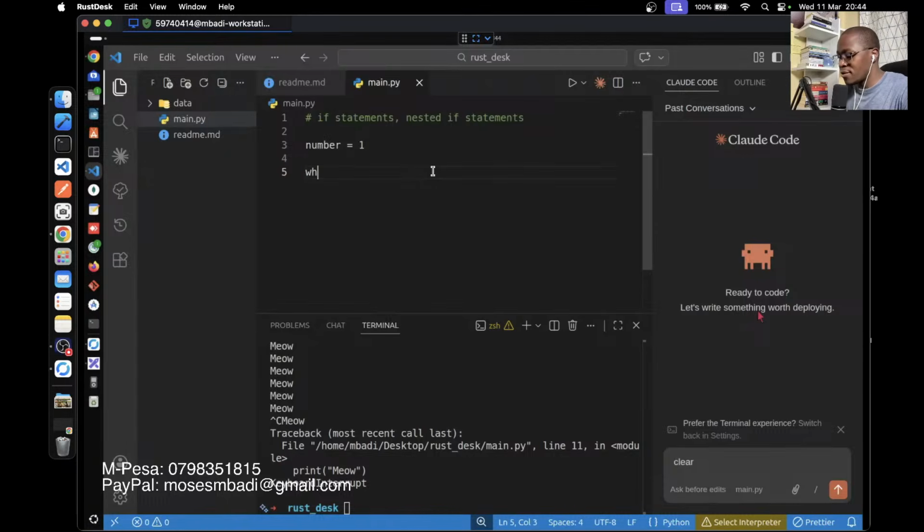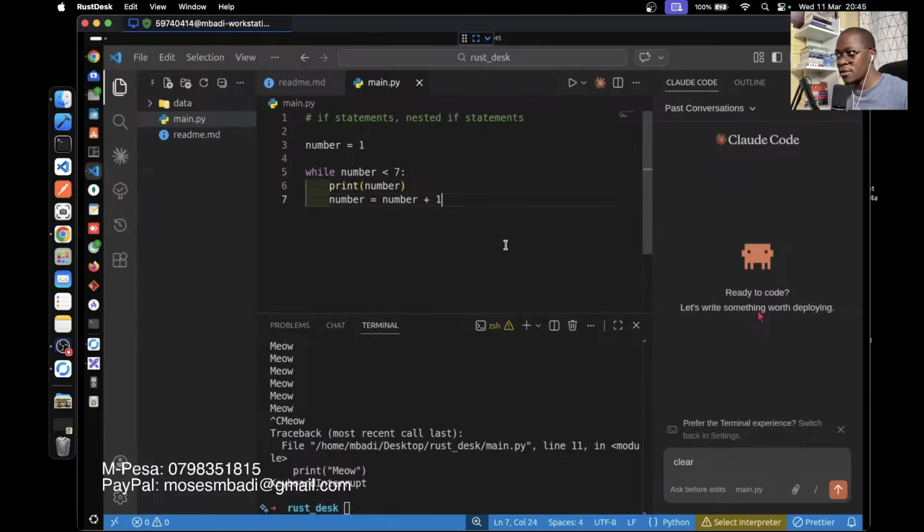And then inside you want to say, while our number is less than 7, then the colon. So you want to print the number, and then as we print the number, we want to go back to the top and increment our number. So we'll say number equals number plus 1, okay?